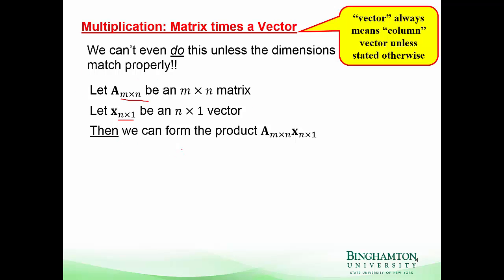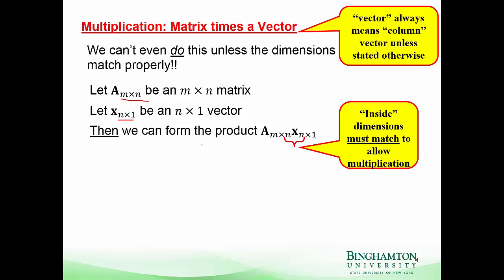And then for that case, we can form the product of A times x. The reason that we can is because it doesn't matter whether they're matrices or vectors, as we'll see. When we take matrix times matrix, vector times vector, since a vector is also a special case of a matrix,